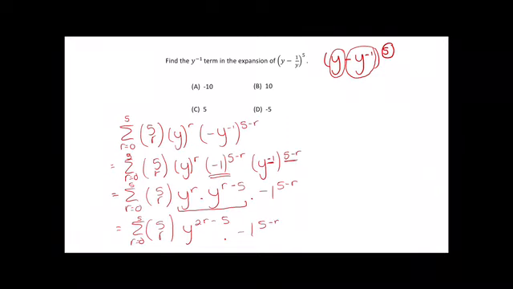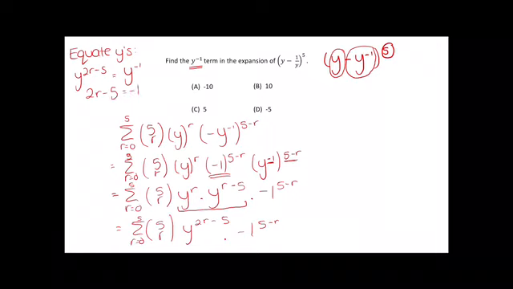So up until now we've been equating x's, that's something that we're used to, but this time we're looking for a y term. So we're going to equate y's. So we have y to the 2r minus 5, and we're interested in y to the negative 1. So 2r minus 5 must be equal to negative 1. 2r must be equal to 4, so r is 2. So that means the term that we are looking for